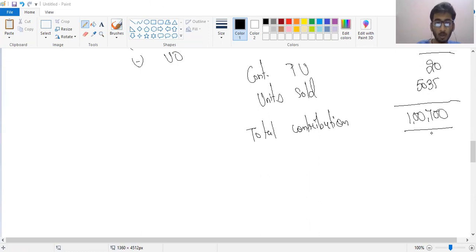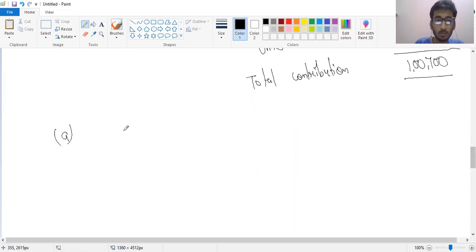Okay. Now the question, point number one, is how many more units have to be sold next year to maintain the same quantum of profit? Since there would be some change in variable cost, I can say direct labor cost. So let's solve point A. Basically, we need to find out how many units we need to sell. So suppose the quantity that needs to be sold